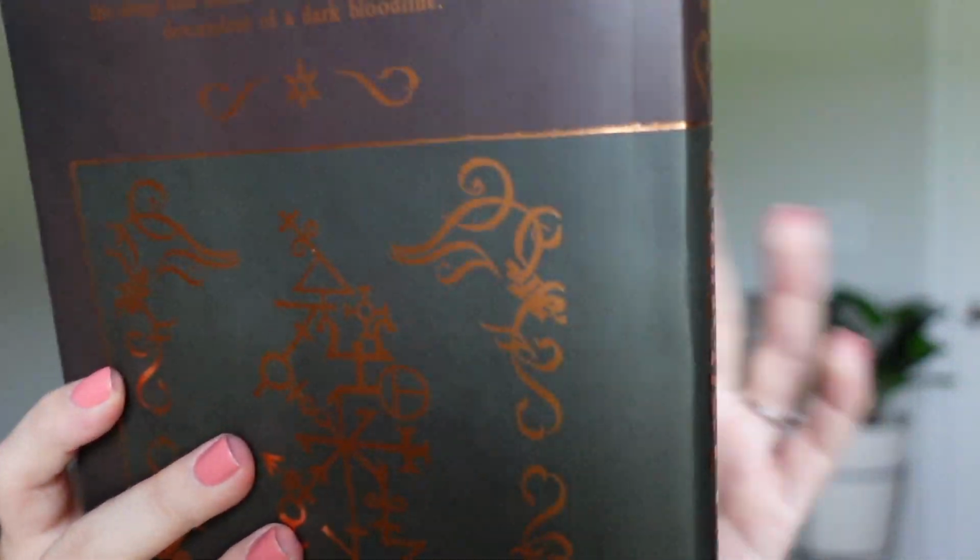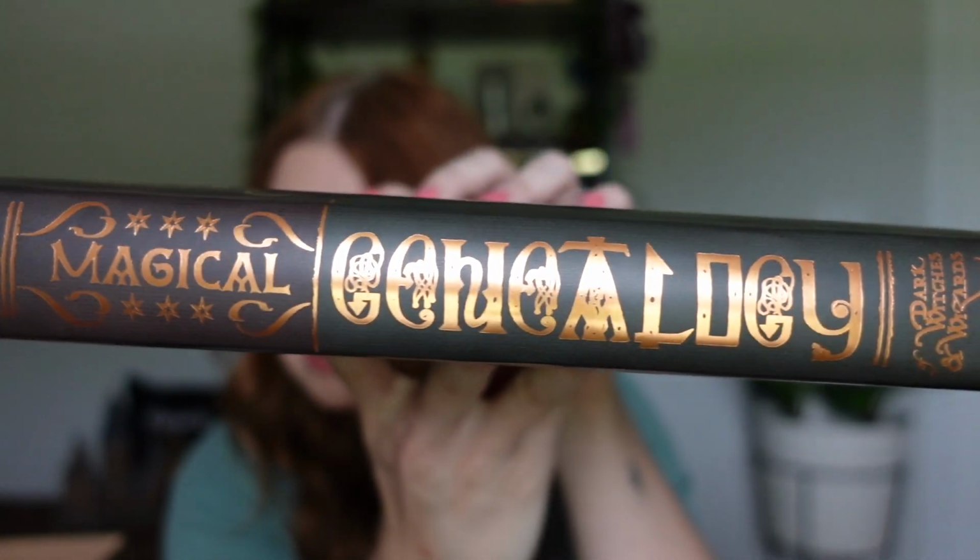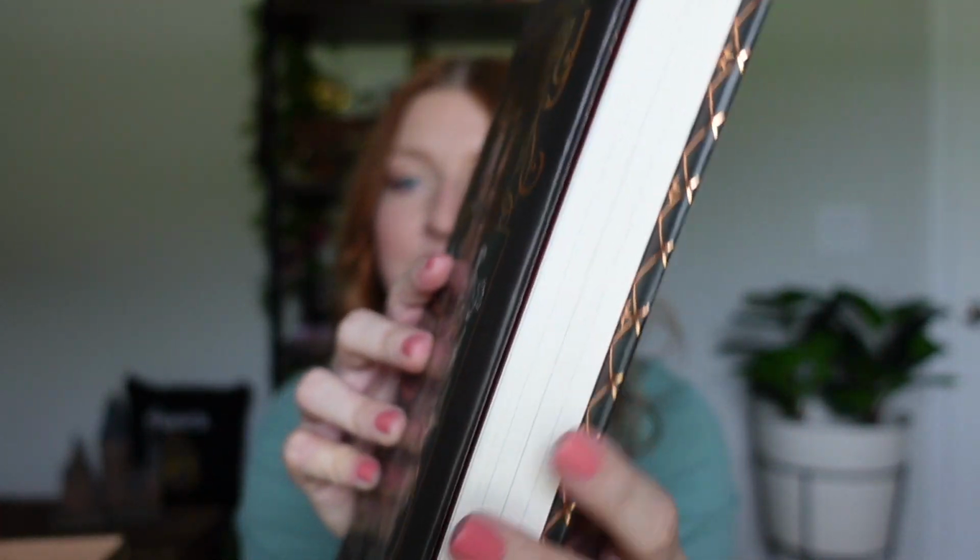That's really nice. And then here is the back of the book. Here is what the spine looks like. So nice. And then that inside piece. Okay, now I can display my Harry Potter and Cursed Child book, which is nice because I always kind